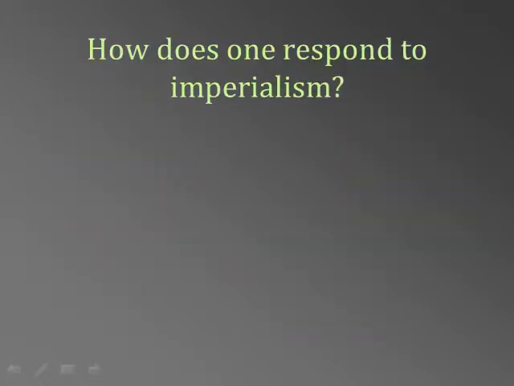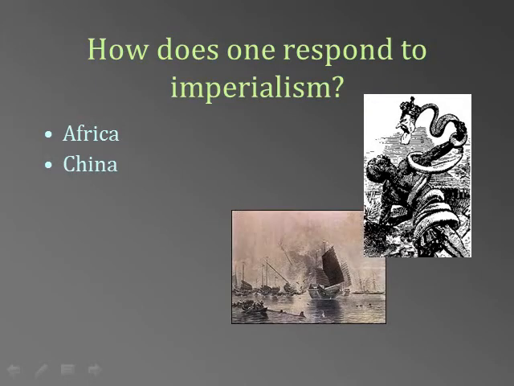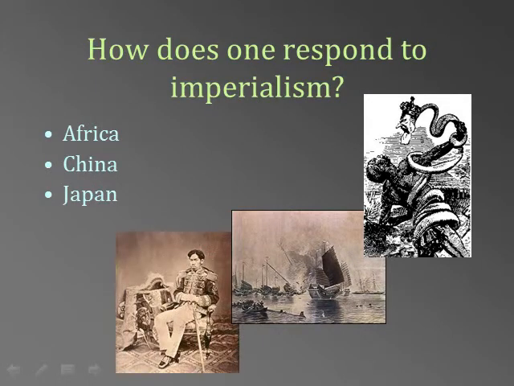The Western world may have been imposing its values on the rest of the world in the era of new imperialism, but the rest of the world then had to determine what to do about that and how to respond to that. We will look at three different models that the world used in responding to Western imperialism. Is it better to capitulate, as Africa did, and largely be run over by the West? Or should one fight back, as China chose to do, much to its dismay during the 19th century? A third alternative approach is evidenced by the way Japan handled imperialism, when they chose to largely adopt Western ideas and use them as their own.